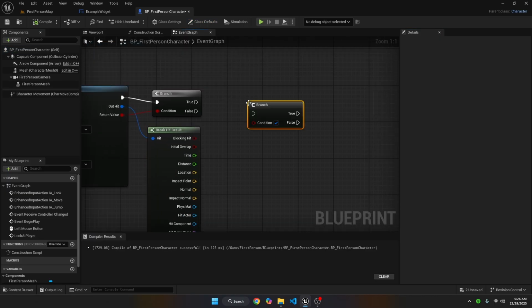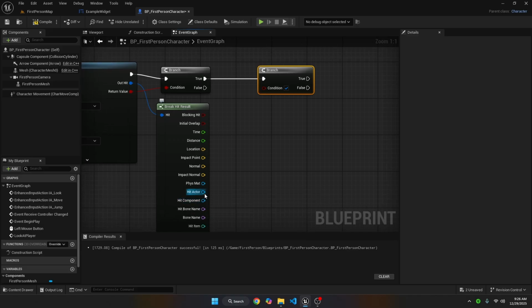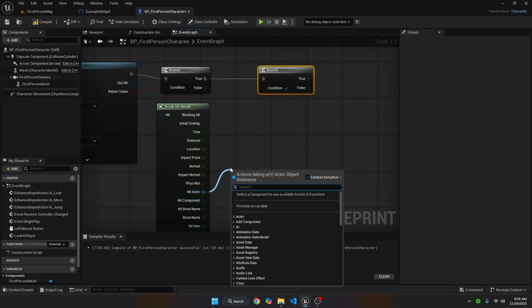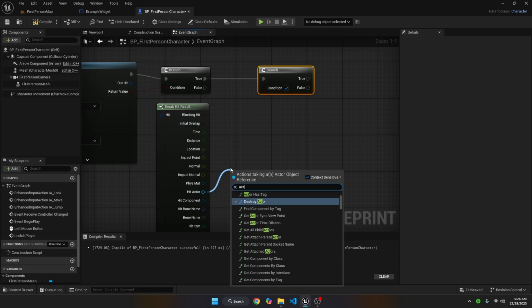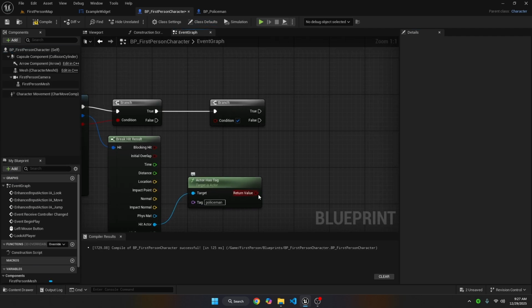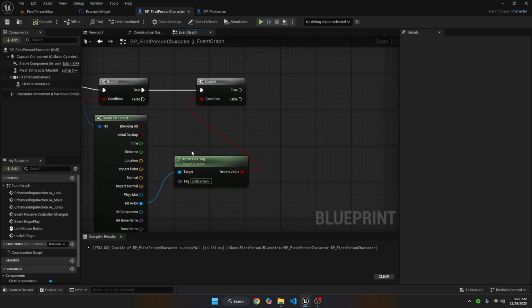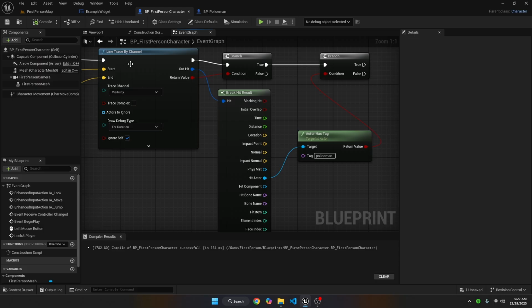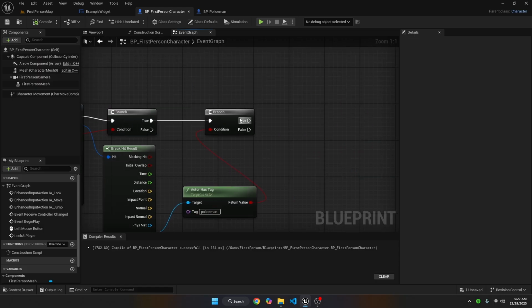So now we're going to create another branch and we put it in true over here. So out of hit actor we'll drag out and we'll find the pin for actor has tag, and then the tag is going to be whichever tag we put in this actor over here. So we called it policeman, and then the return value we put that in the condition. So now if the actor who's been hit by the line trace has the tag policeman, it will carry out whatever